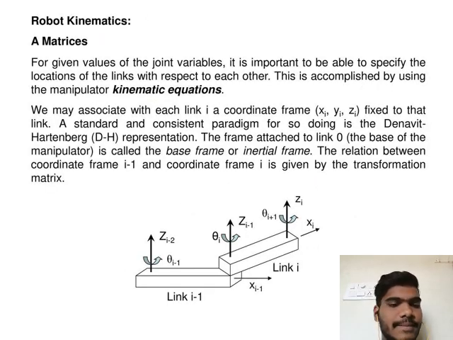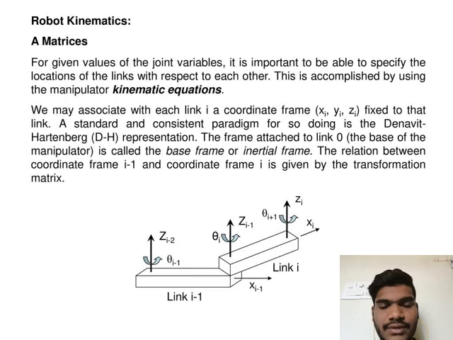Robot kinematics matrices. For given values of the joint variables, it is important to be able to specify the locations of the links with respect to each other. This is accomplished by using the manipulator's kinematic equations. We associate with each link i a coordinate frame xi, yi, zi fixed to the link. A standard and consistent paradigm for doing so is the